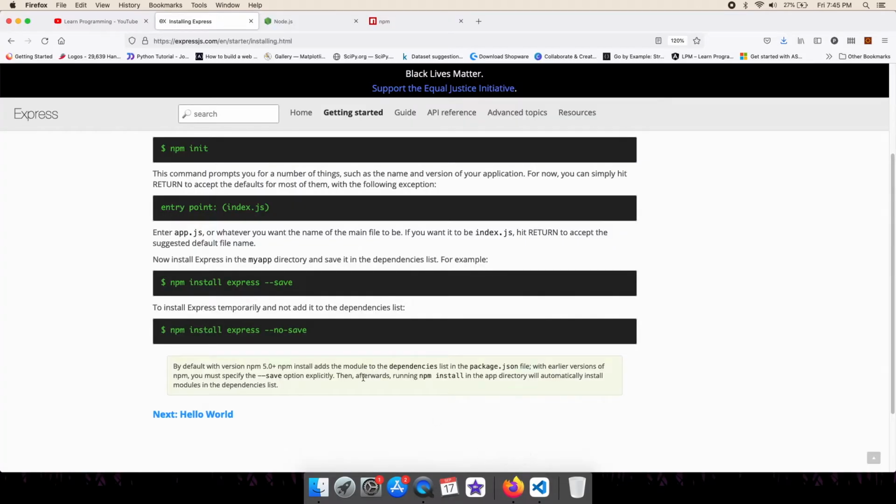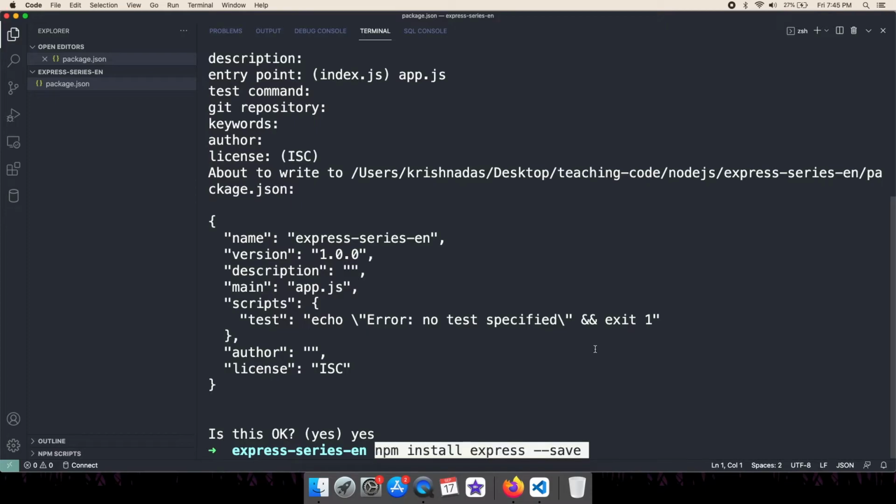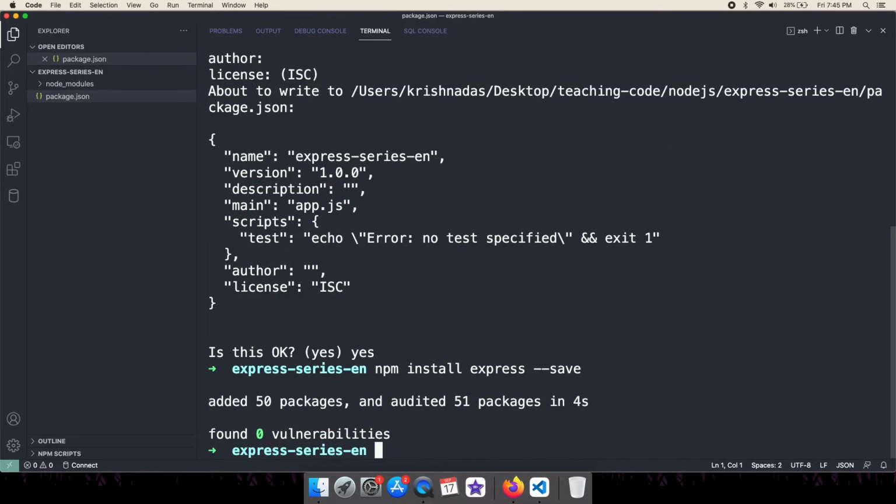So let's try this command. We are typing this command at the root directory of our project, and when this command is issued, it will download the Express packages, and you can see a new folder has been created which is called node_modules.